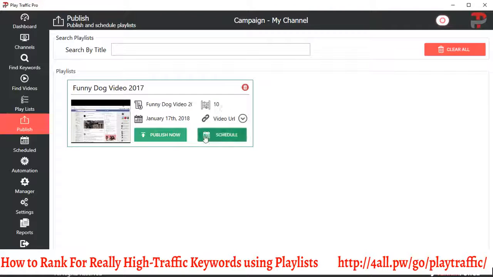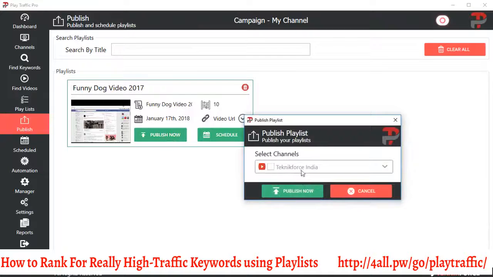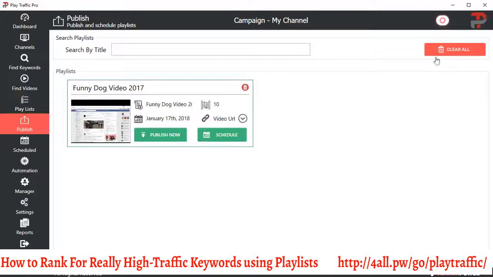You can see the number of videos in the playlist. Click on publish now and the playlist is publishable to whatever channel you want. So if you want to publish it to this channel, for example, select that channel, publish now, and the playlist is already queued for publishing. You can see the button over here which says that it's working, and once it's published you will be able